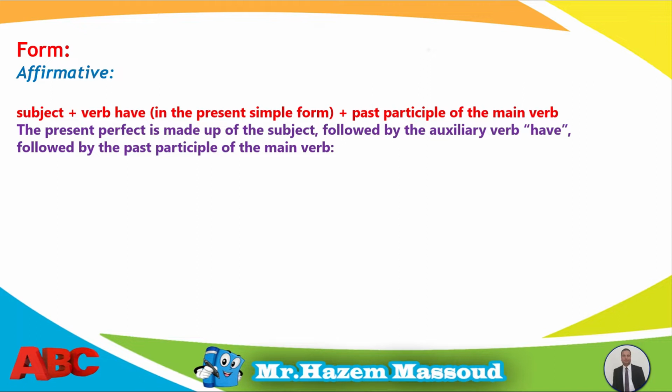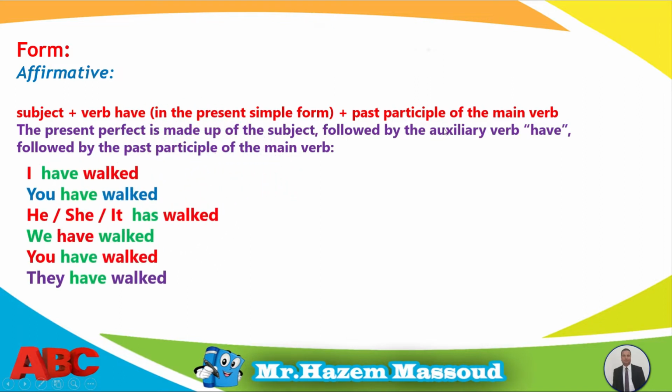I start the sentence with the subject plus the verb have in the present simple form. The verb have in the present simple form means have or has, plus the past participle of the main verb. So the present perfect is made up of a subject followed by the auxiliary verb have, followed by the past participle of the main verb. For example,